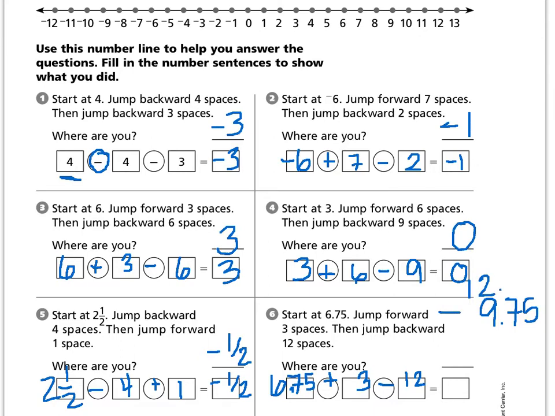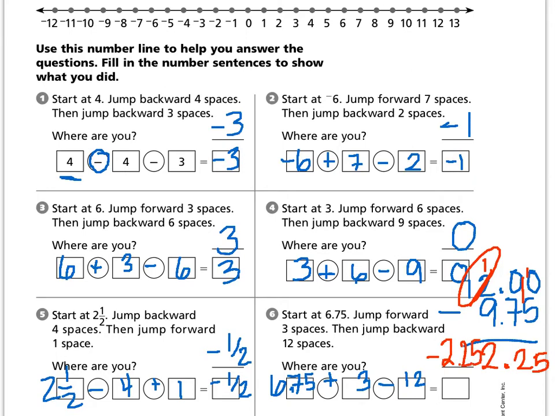Remember to line up the decimals, and I can subtract. Take away from the 2, make it a 1. This becomes a 9 and a 10. 10 take away 5 is going to be 5. 9 take away 7 is going to be 2. Bring down the decimal. 1 take away 9 you can't do, but you can do 11 take away 9, which would be 2. So my answer is going to be negative 2 and 25/100ths, because remember you were subtracting 12